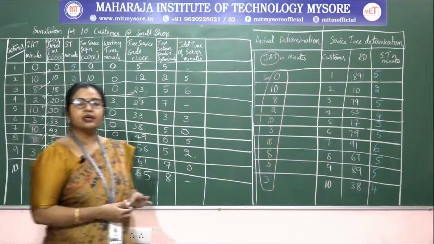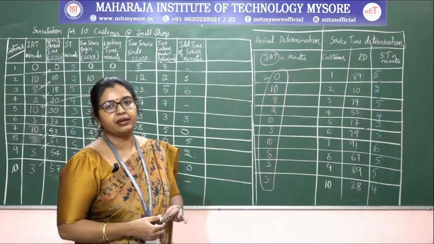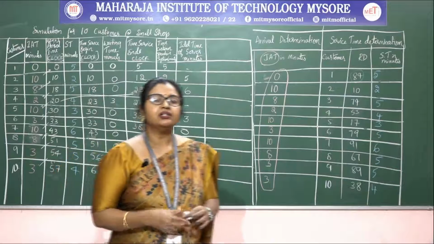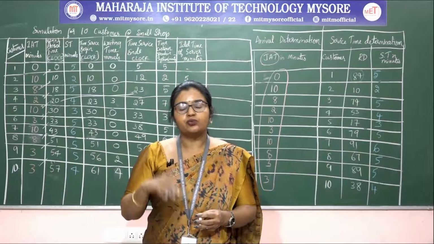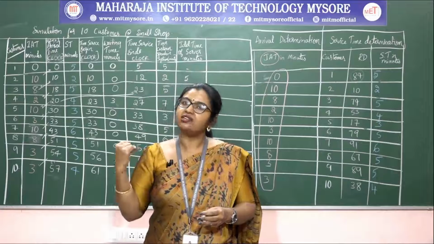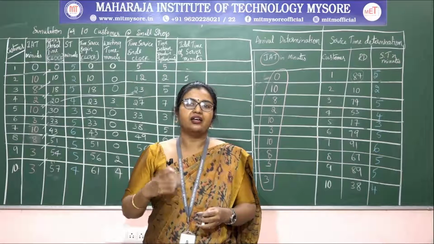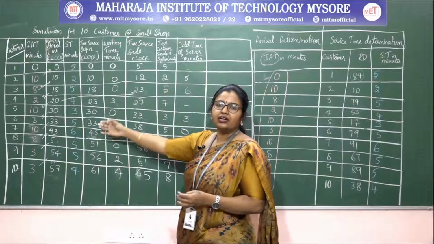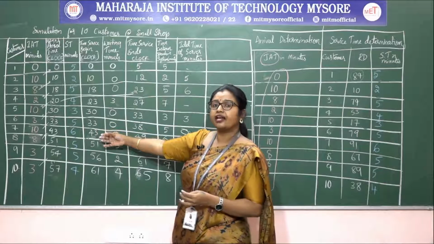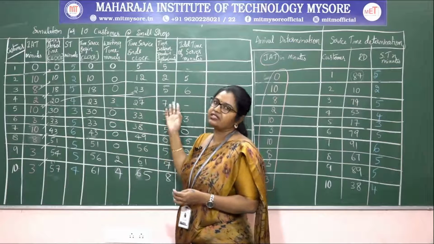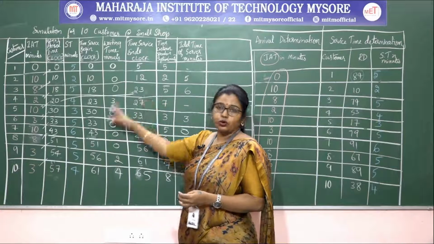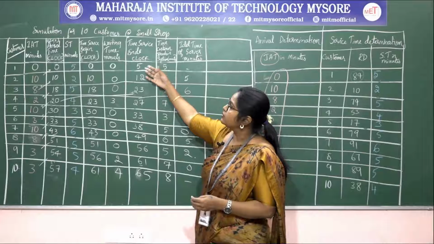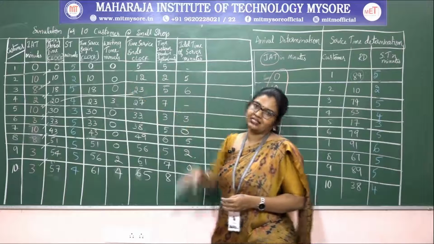So this is how we can construct the simulation table for any given single channel queue. Whenever a new arrival event takes place, we need to look into the server status, whether the server is busy or idle. That is nothing but the end time of that particular process. Based on that we calculate for the next one: at what time the service begins and at what time the service ends. These two are very important, and based on them we calculate the waiting time of the customer.